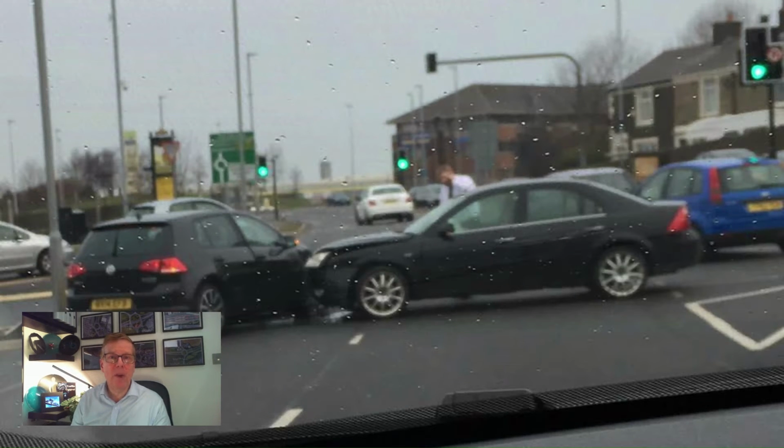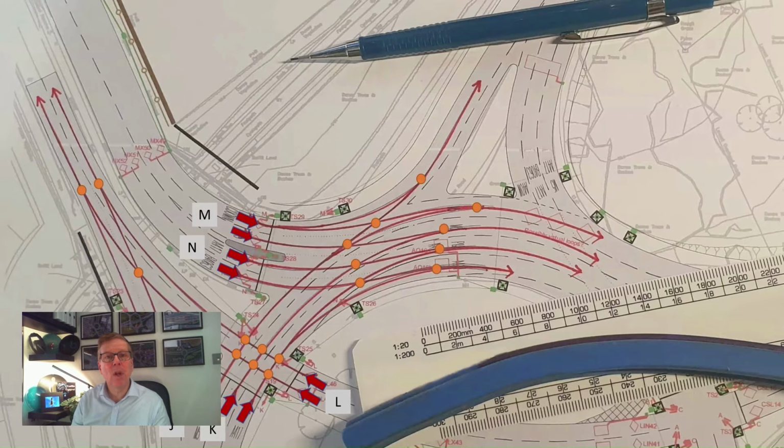To undertake the manual calculation, a scale drawing of the signalized junction design is used to establish the swept paths for each traffic movement, and then to determine the location of each of these collision points. The distance for the phase losing right-of-way is measured along the center of each swept path from the relevant stop line to the collision point, and then for the phase gaining right-of-way from its stop line to the collision point.